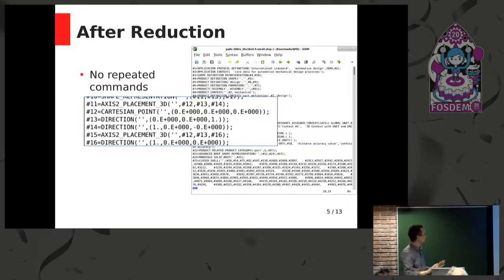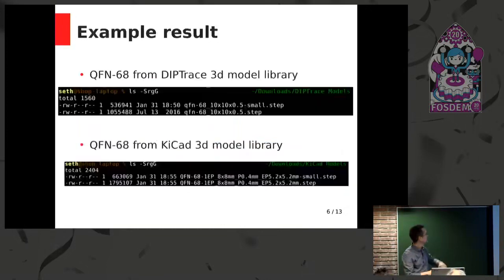So this works out pretty well for us. Because what can we do with, say, an individual model? In this case, a QFN 68. What we're looking at here is a 68 non-leaded quad flat pack. Originally, I have two here that I pulled from DipTrace and one from the KiCad library. The KiCad one was originally about 1.7 megabytes for this one file that represents a 64-pin model, and after you